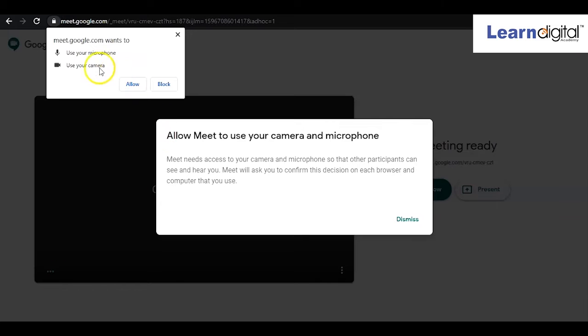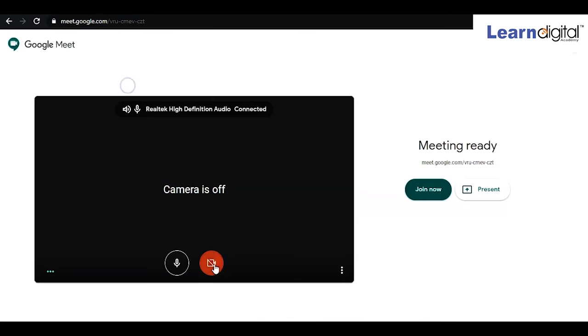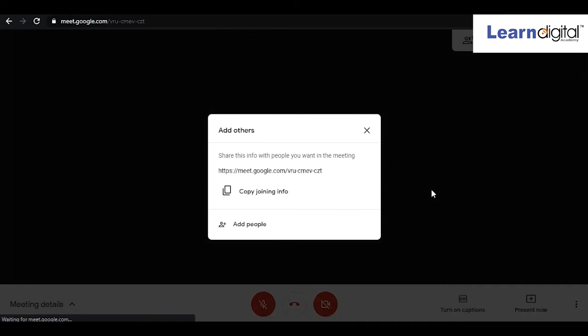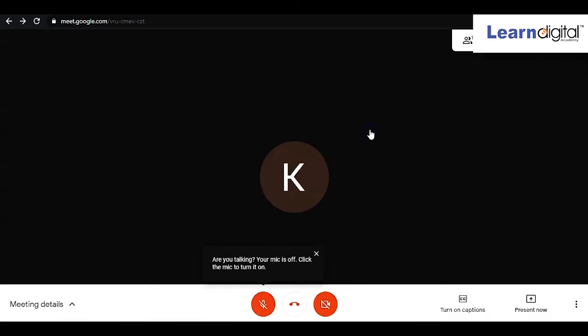Here you have to allow your microphone and camera. From here you can also turn off the camera and mic, right? This will be the link if you start an instant meeting. Copy that link and share it with your candidates, and after that you only have to click on join now. Again the meeting link will come, and you can copy and send it. So this meeting is live now.